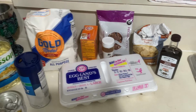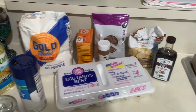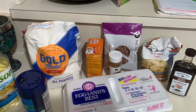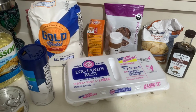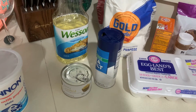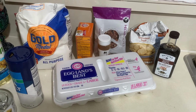That's so weird. I read online that whole milk yogurt will work for it, so that's what we're gonna do. We're gonna do 3/4 of a teaspoon of cinnamon, 1/2 cup of pecans or walnuts. I chose pecans because they're better. 1/2 teaspoon of salt. Can't do 1.5 eggs, so we're gonna do 2 eggs. 1 cup of sugar, 1/2 cup of cooking oil. I'm using vegetable. 1/2 teaspoon of vanilla flavoring, 1 cup of coarsely shredded zucchini, which I am going to do first,